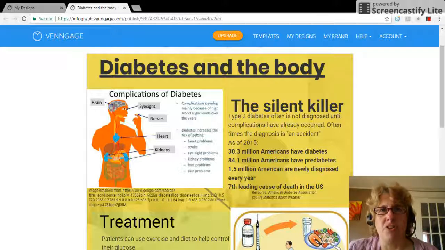Gestational, when blood sugar is high during pregnancy, which can lead to being pre-diabetic. Prediabetes, which is when blood sugar is elevated but not enough to be a type 2 diabetic. Type 2 diabetes is when the pancreas produces insulin, but not enough is produced or the insulin is not used effectively. Some causes that lead to type 2 diabetes are obesity, genetics, and metabolic syndrome.